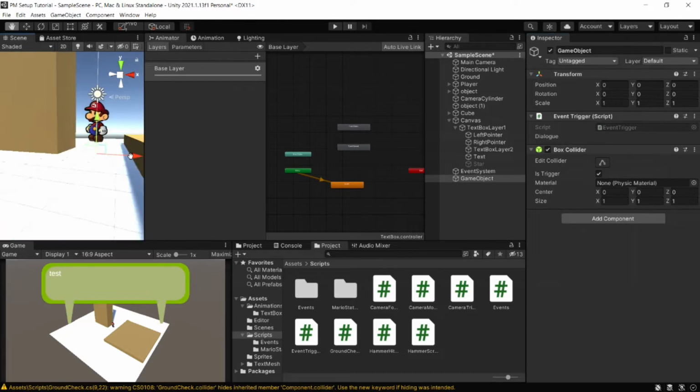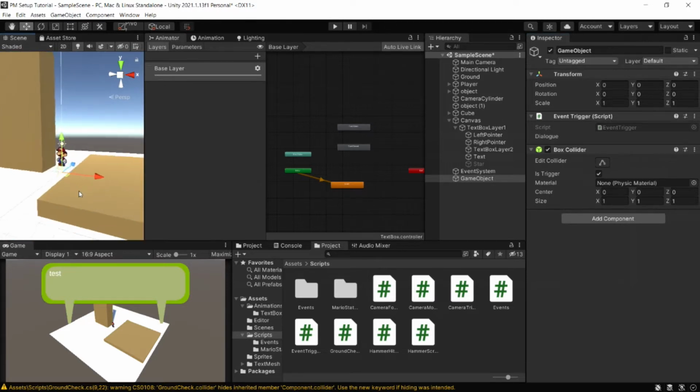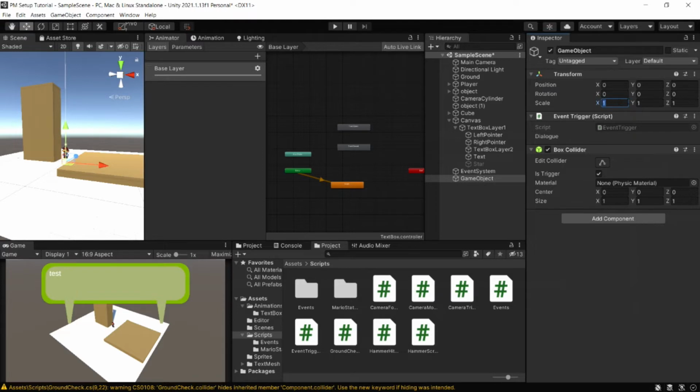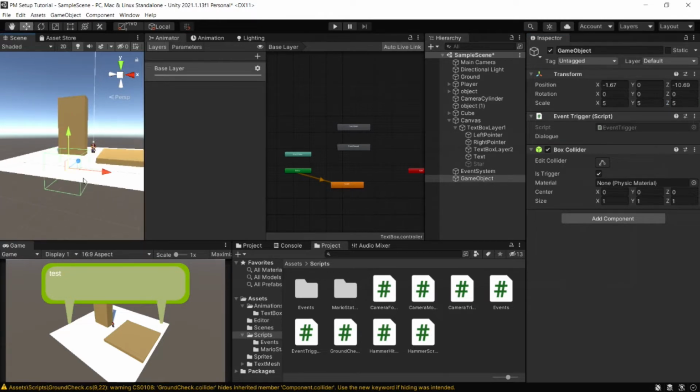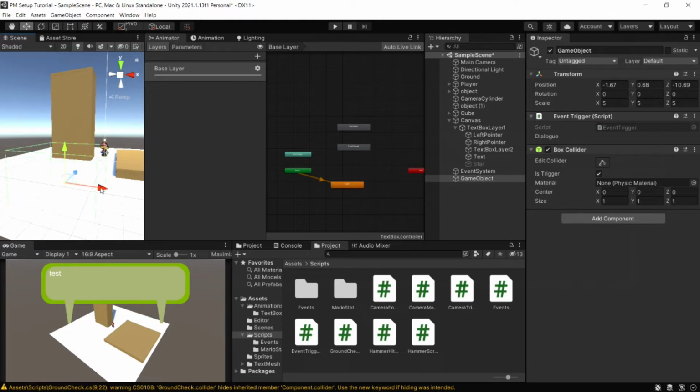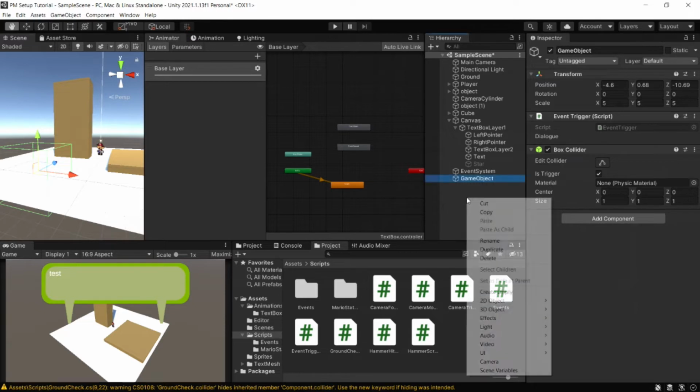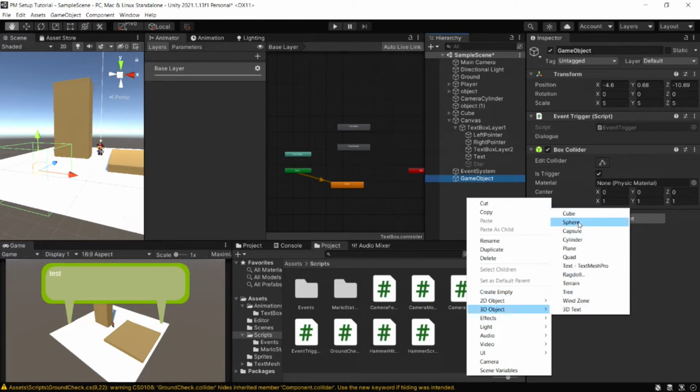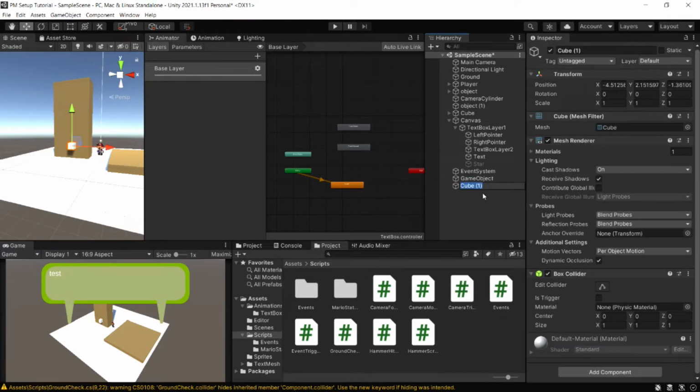And right now it's tiny, but let me scale it up a bit, 5 by 5 by 5, and move it over here. And because it's going to be using dialogue and we're going to have it be around a character, let's actually create another object. We're going to create a cube. I don't have actual character sprites right now. I'm just going to add a cube, and we're going to call this character,